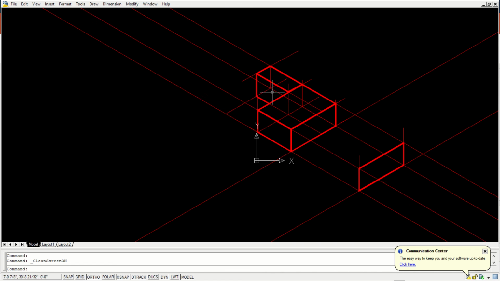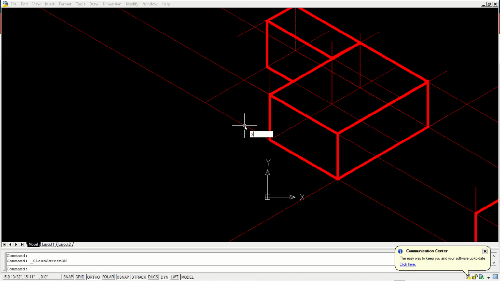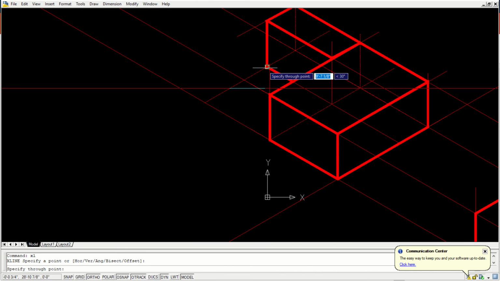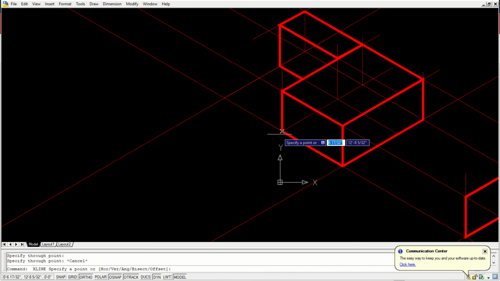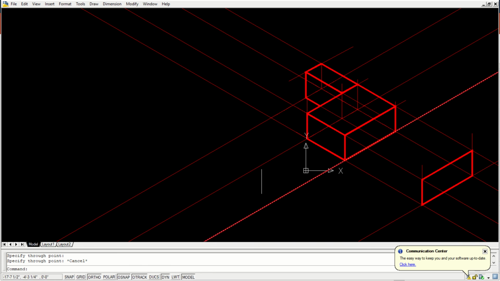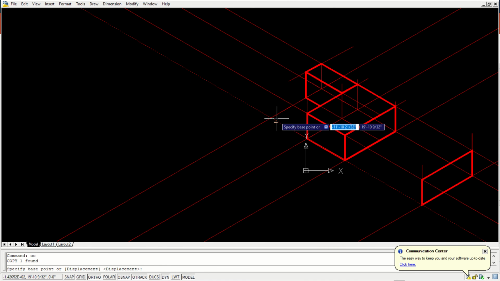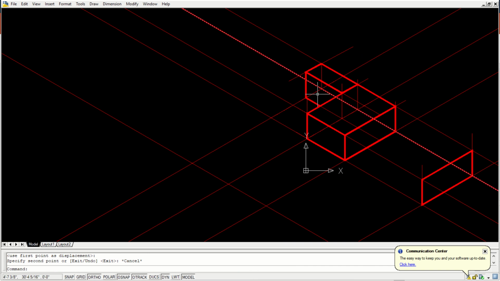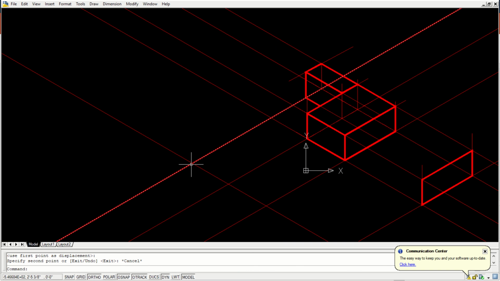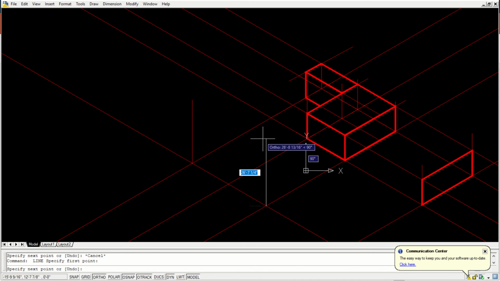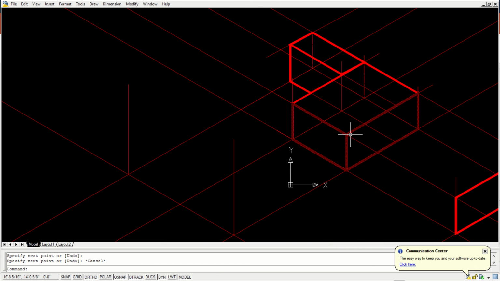Let's say if I do the same thing here, I need a baseline here, a reference line here. Let me draw this face from here. I am drawing a vertical line here, vertical line here.